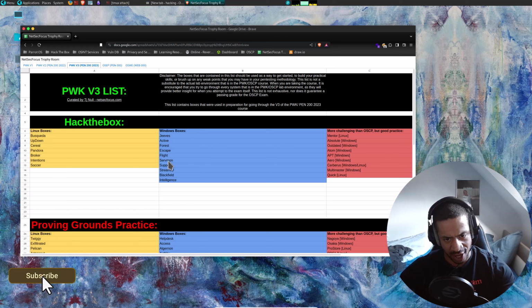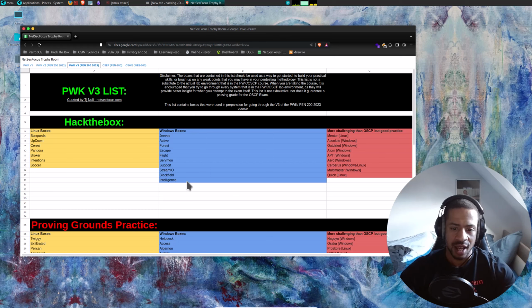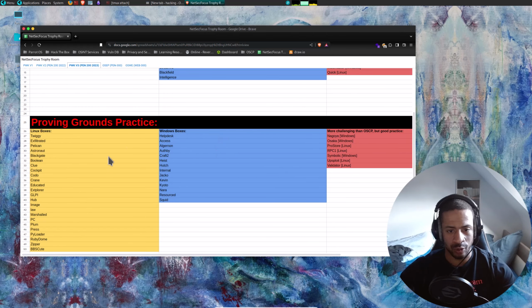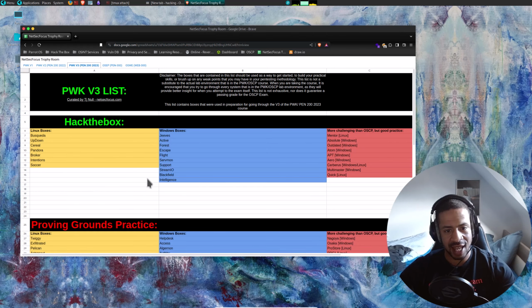And so this is another easy box. It's one of the last few. I believe the next one is going to be Soccer, and that will be the last easy box in Linux, and then there is Intelligence. Then after there's two more medium ones, and then Serial and Flight and Blackfield, which are hard boxes. And then after that we'll be able to go to Proving Grounds. With that being said, let's get into Surfmon.